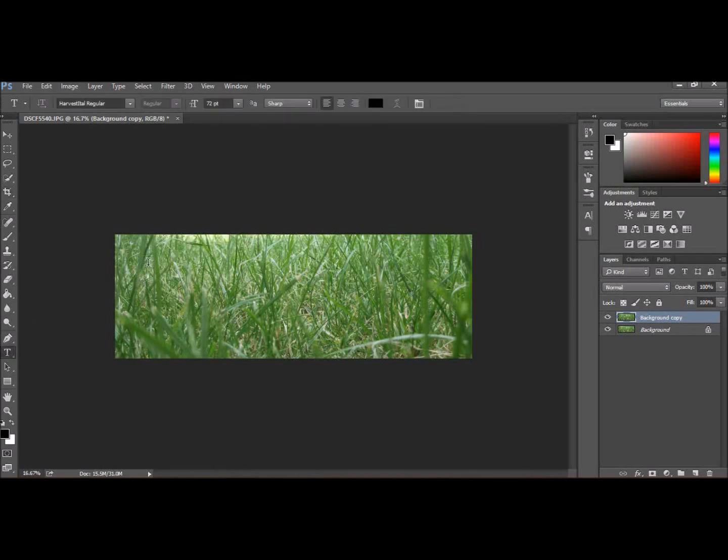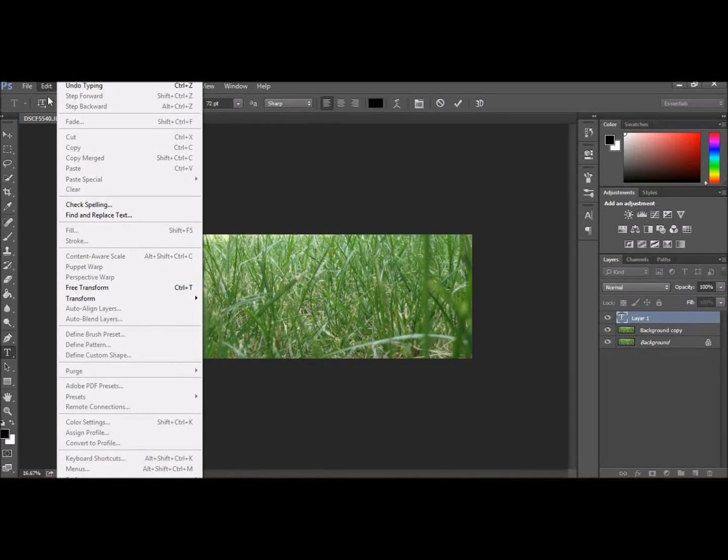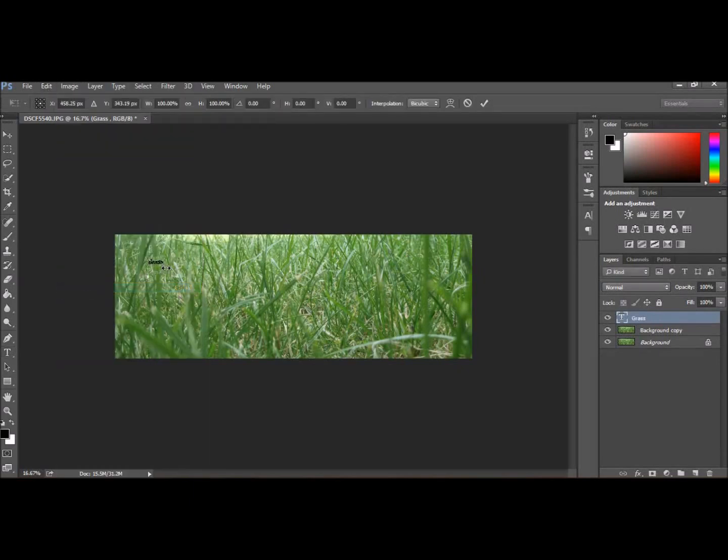and just click onto there and type grass. You can see it's very small, but that doesn't matter. Click enter. So that's done. Now go to edit, free transform, and you'll see that you can grab your text, make it as big as you like,